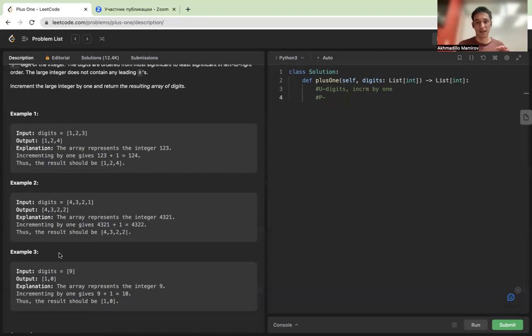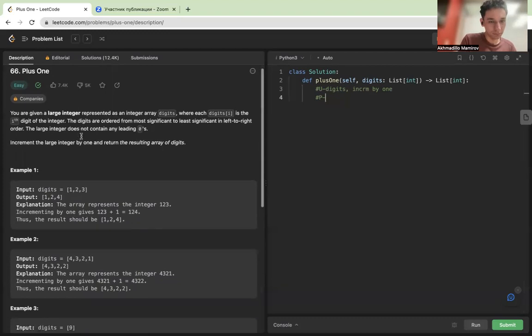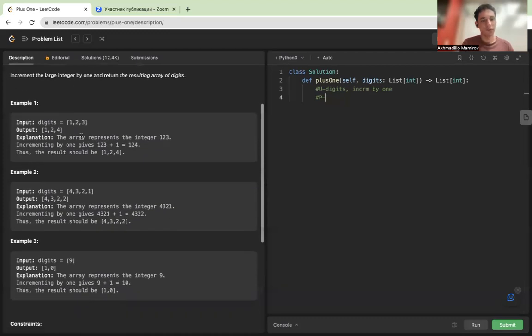So I think there must be an easier way to solve this question. So let's try to come up with something else. This is something as a backup, but I don't want to rely on this solution. So how can we do this? Okay,